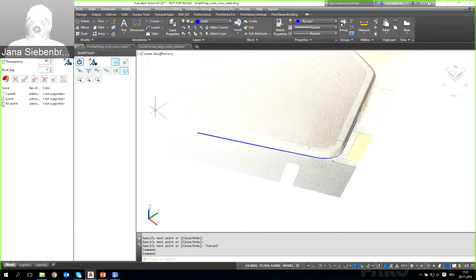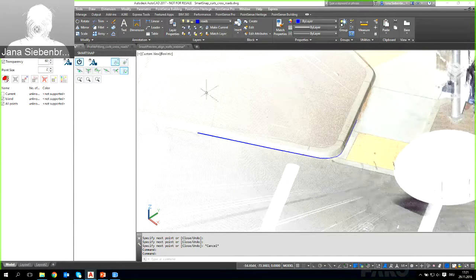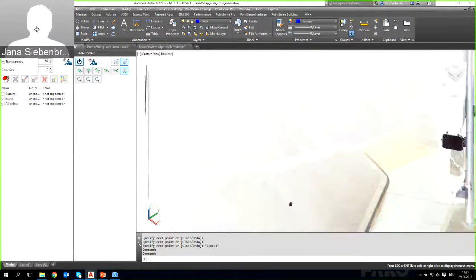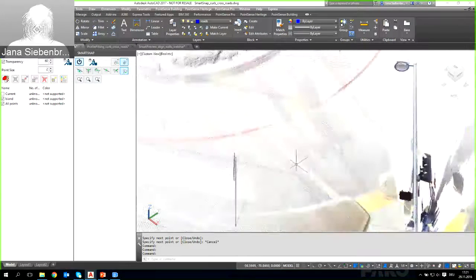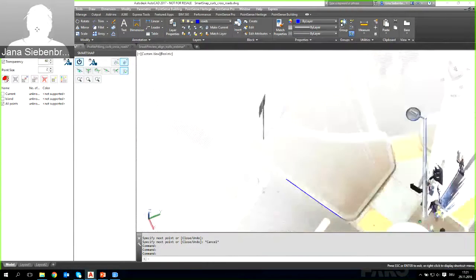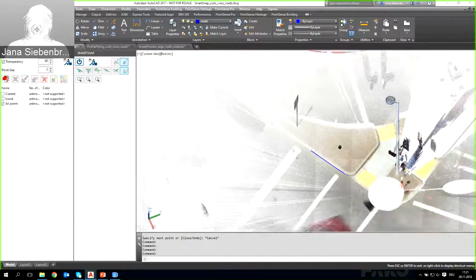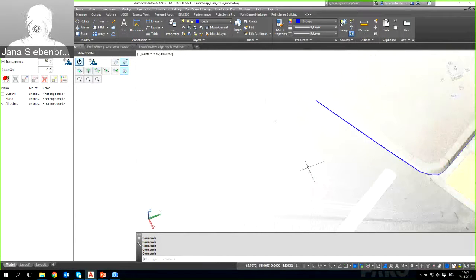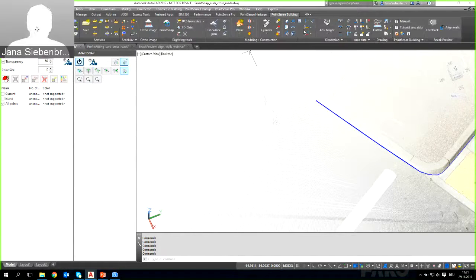I'd also like to show you how you can use the other mode, with the real lowest point. If you for instance want to know in a certain area of the road where the water will run to, you can for instance from PointSense Building, start